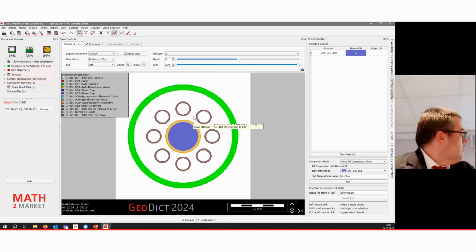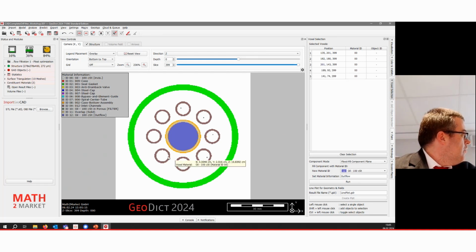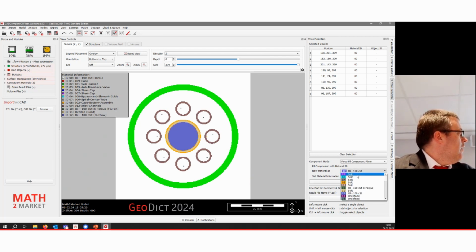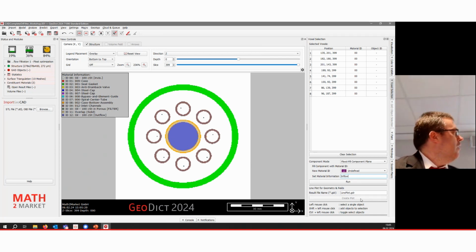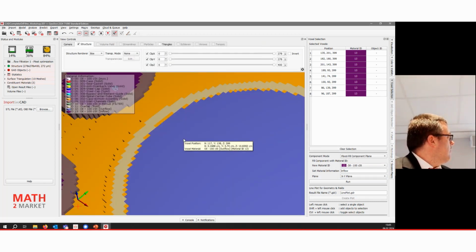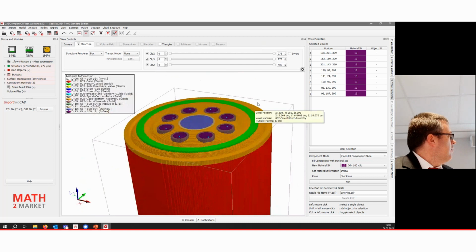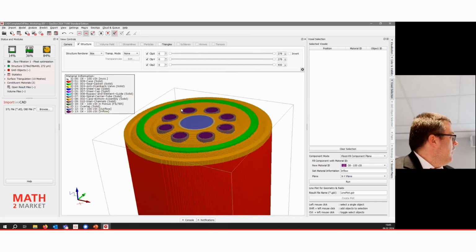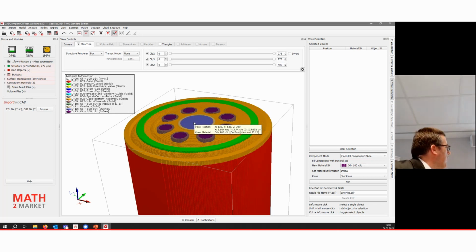Now I select the other ones: 3, 4, 5, 6, 7, 8, and fill that with this 13. This is then my inflow. And I'll run that. So now, let's see, going back to 3D. Yeah, I've marked those. And now we have one inflow plane, several inflow planes, one outflow plane. It's just that the blue was the other way around last time, isn't it?